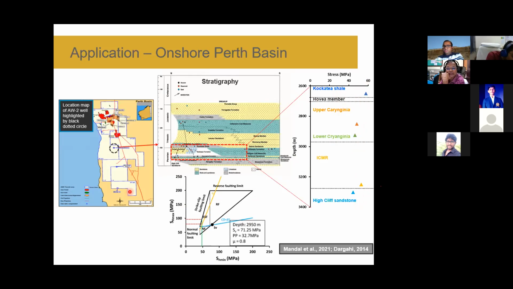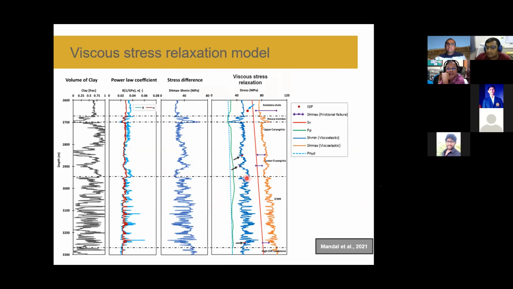And also utilizing one of the concepts here, I'm not going to elaborate this part itself, the component of SHmax, but this is the result again for that particular basin in one of the wells. Again, we are showing clay here, two of the components of parts B and N, the least principal differential accumulated, and the least principal stress magnitude has been estimated. You can probably see among the four points, one of the points is a little bit lower than this, but three of the points exactly match the behavior of the stress profile.